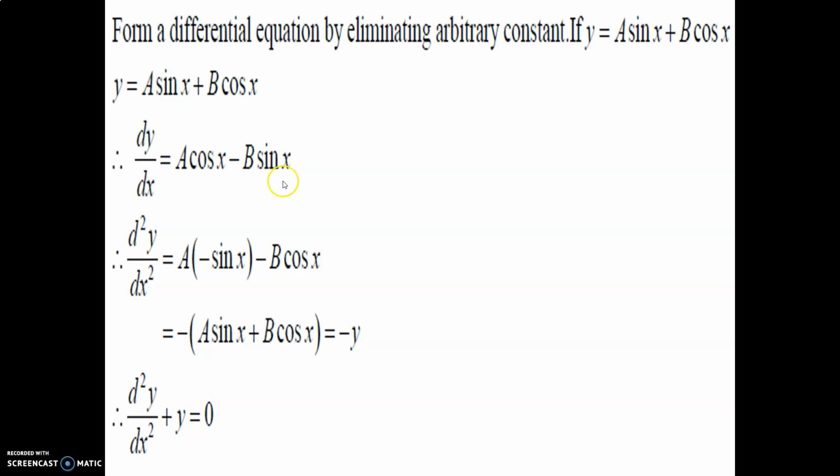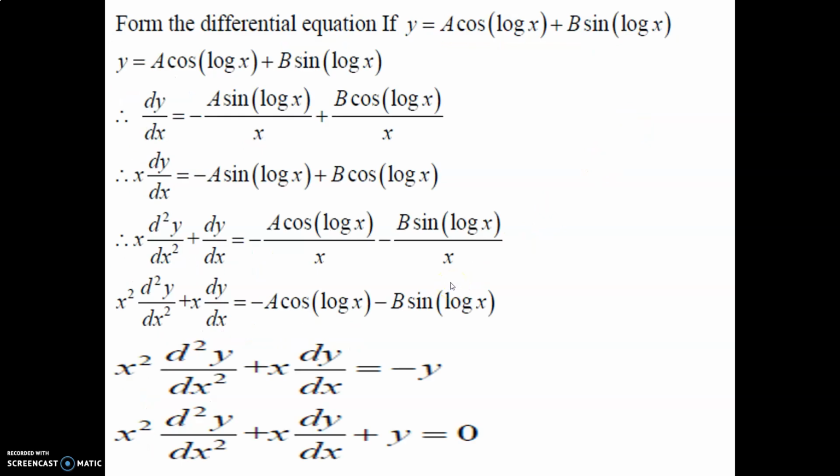What is the derivative of cos x? Yes, it is minus sin x. Now again take derivative with respect to x on both sides. a minus sin x minus b cos x. Taking minus sign common, a sin x plus b cos x. So we have a sin x plus b cos x is exactly y. So we have to substitute the value of y instead of a sin x plus b cos x. So shift minus y to this side. We derive d square y upon dx square plus y is equal to 0 is the differential equation of the solution y equal to a sin x plus b cos x.